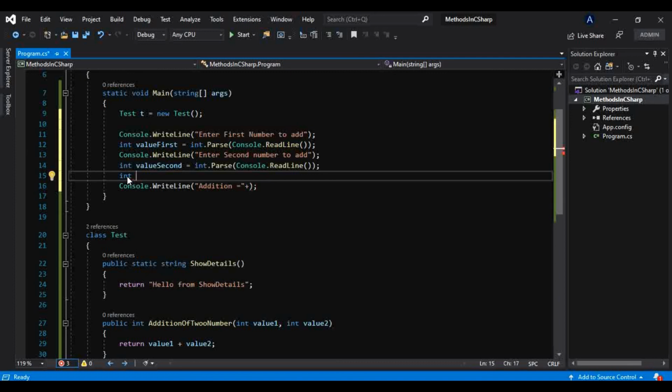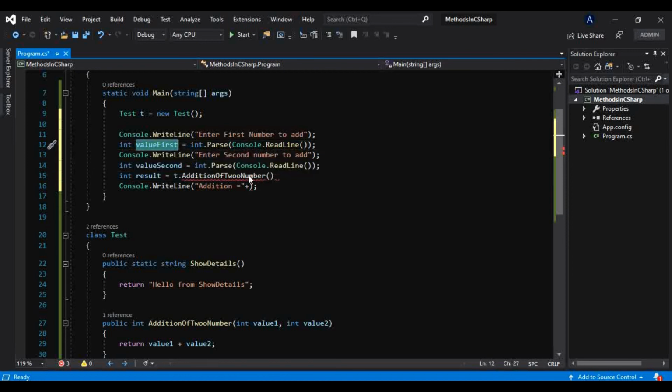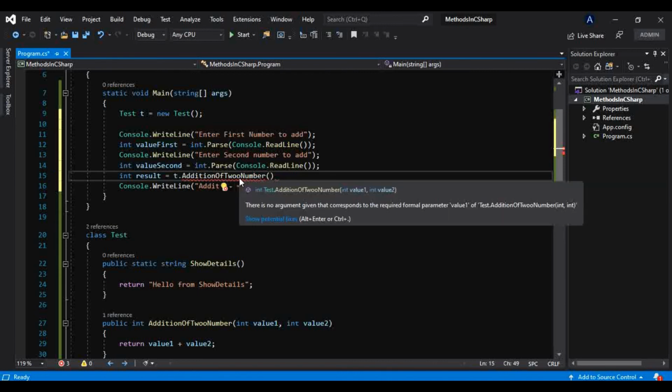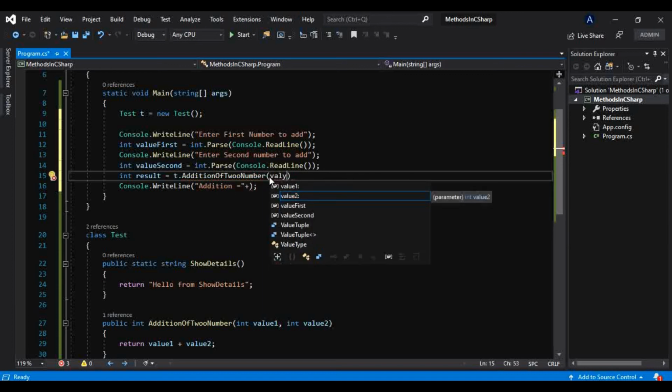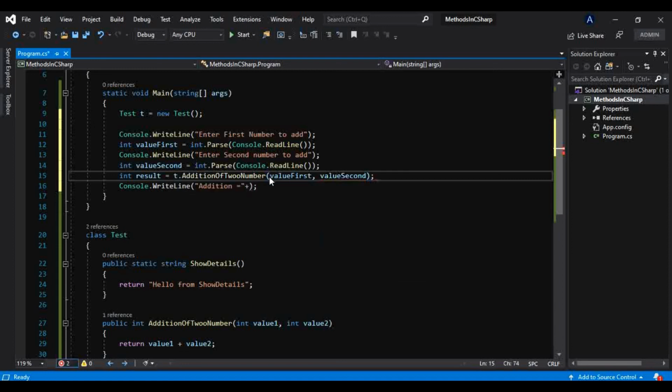That method returns an integer, so we will take one variable of type integer, result, equal to calling that method on the object. Inside it we pass whatever we get from the user from the console, because if you hover your mouse here, you can see this method accepts two parameters, value 1 and value 2, and returns an int, that is result. So we will pass value first and value second to this method, like this, and we will print that result like this.